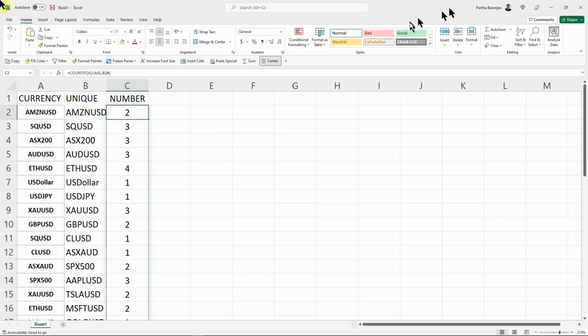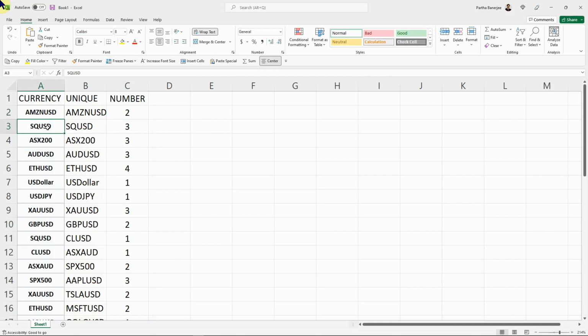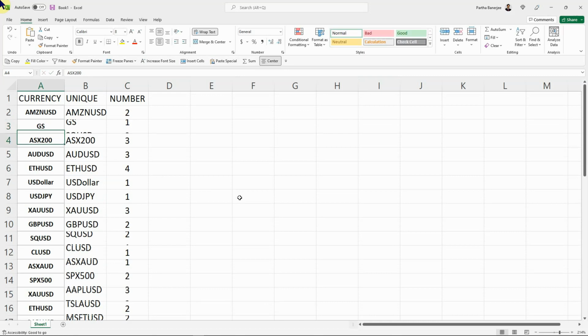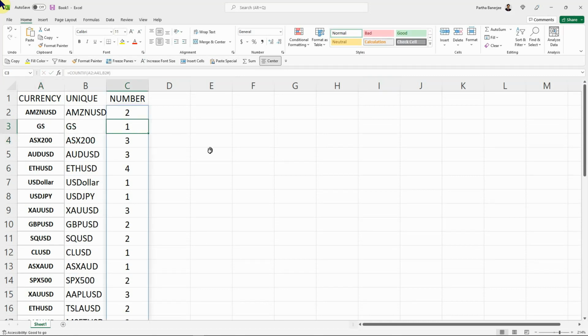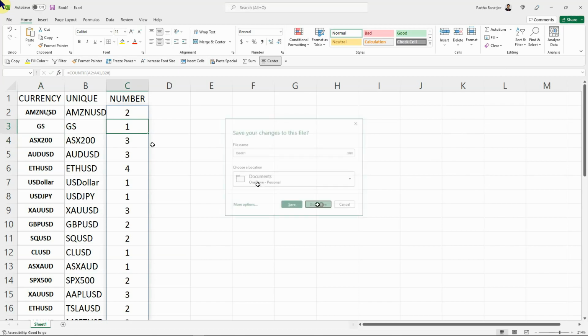Anyone having any question? Yes, sir. So put a hash at the end to do it automatically. Now if I change this, for example, to something which is not there. Apple is there. Goldman Sachs. Okay, let me see Goldman Sachs. Yeah, if I change this to Goldman Sachs, look what happened to the B. See, Goldman Sachs is introduced and one is automatically done. How good is that? Very nice, isn't it? So this way you have to update and then maintain your spreadsheet. Did I answer your question?